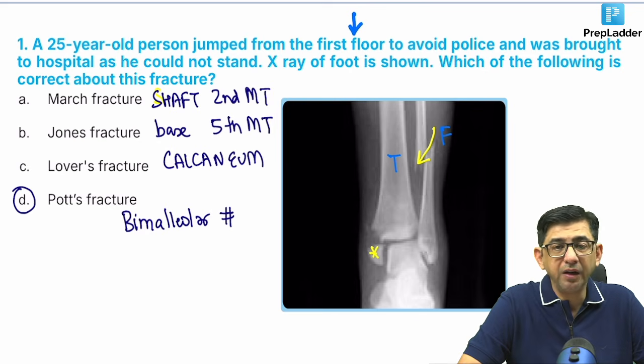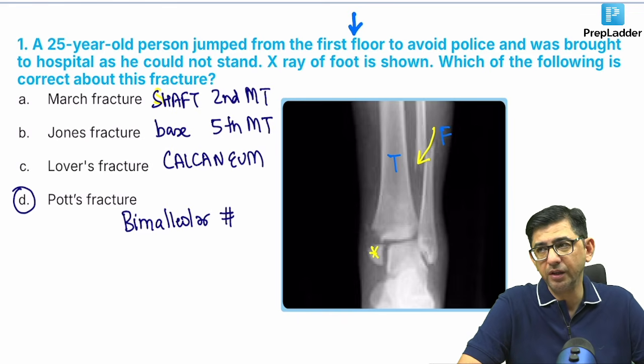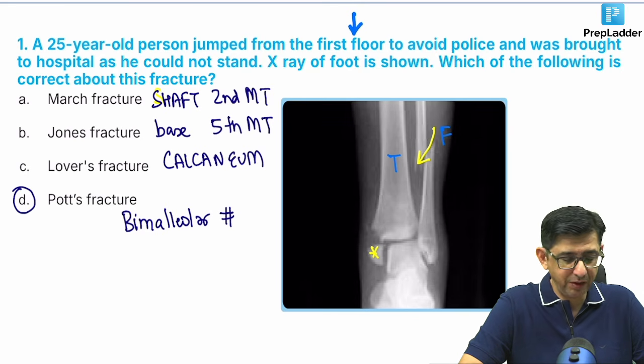And in fact, in anatomy in FMG exam, there was a similar kind of question with respect to a tear in the ligament. So that tear in the ligament question I'll be discussing subsequently with you. I'll say the answer also. That is basically the damage to the deltoid ligament. But then the deltoid ligament and the spring ligament are two important ligaments in the foot that they always put up talking about fractures. So I thought I should first introduce this question, and the answer to this question is option number D.